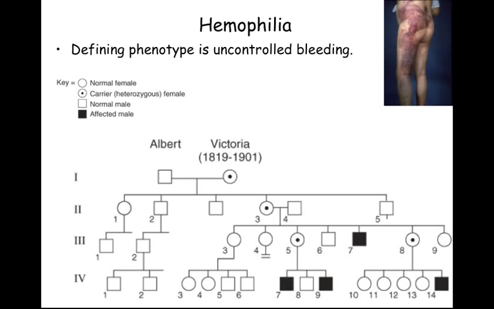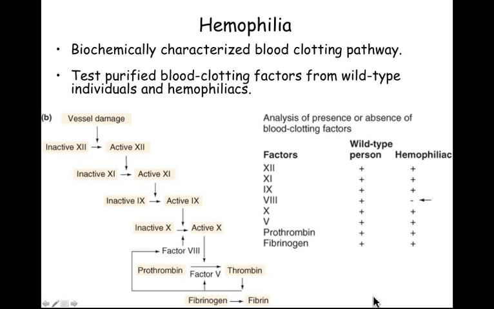So hemophilia is an example of being able to clone a protein, identify a protein directly. And hemophilia is a typical X-linked recessive disease, as we've talked about before. You can see that in this pedigree, where the carriers are indicated with these little dots. It occurs mostly in males. So the reason that hemophilia lends itself well to this identification of proteins directly is purely because